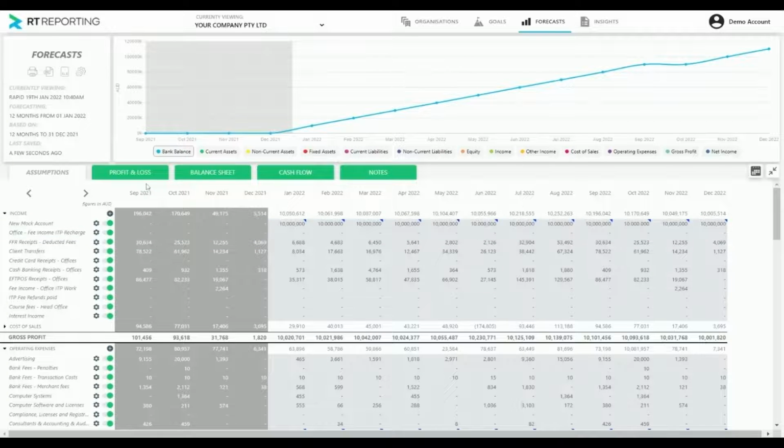In Australia, although the rules are relatively similar in New Zealand, so the same concept's going to apply, but this organisation, just to explain, is based in Australia. We have the 4-week standard GST payment on the business activity statements. So the first thing you want to do when you're looking at an organisation and you want accurate assumptions around the GST, you come up to the forecast settings